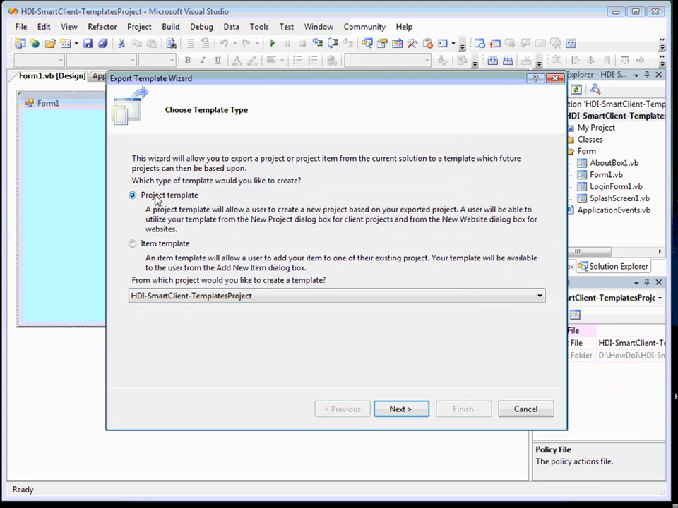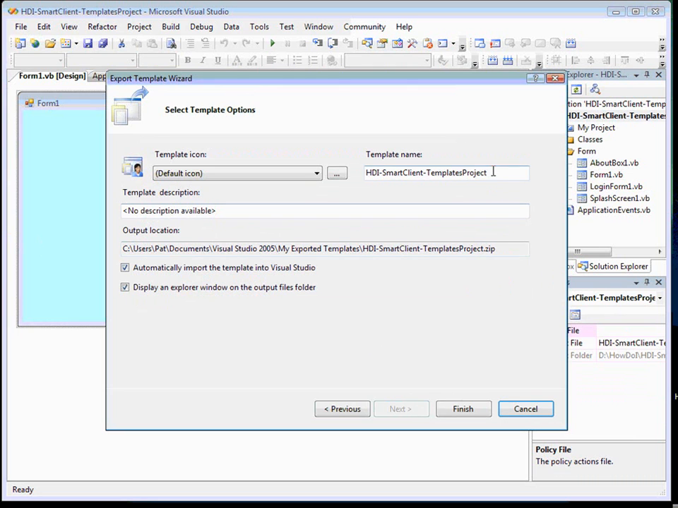This time I'm selecting project template. That name's good enough for me. I'll just leave it that way. And I'll copy the description over. You can give it any description you like, and it's probably a good idea to. Again, this is going to come out to my exported templates, smart client, with the name and a zip on there. Now, I'm going to let it automatically import into Visual Studio, but again, you may not want to do